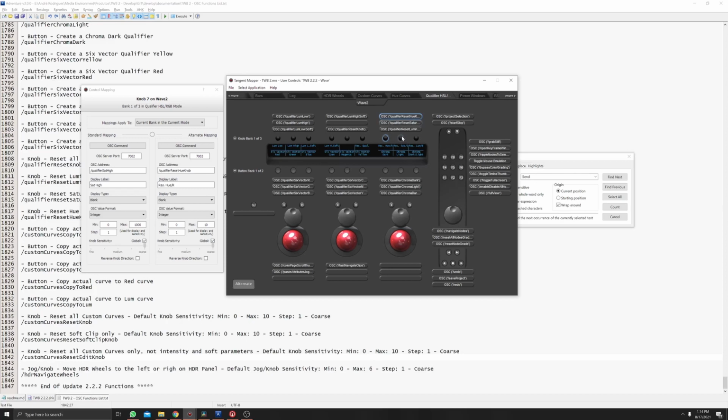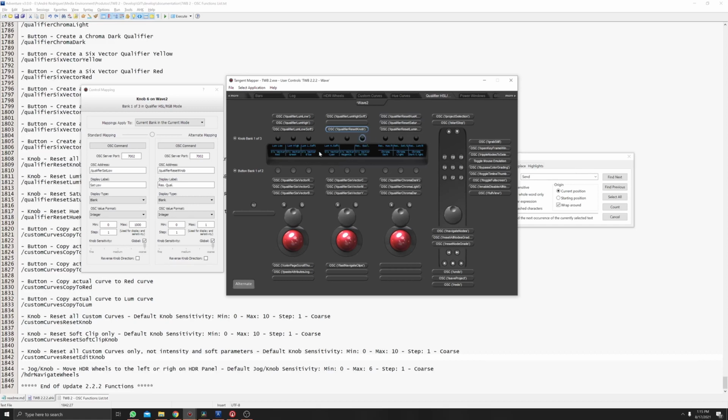Then if you turn to the left, you're gonna reset saturation, to the right green, to the left loom, to the right blue. So now you have a way to reset the saturation and the green separately. You don't need to use the same buttons to reset two different things. And to reset all the qualifier, you have a knob here. You're gonna press this knob and it will reset the qualifier.